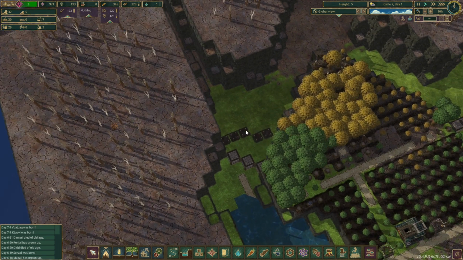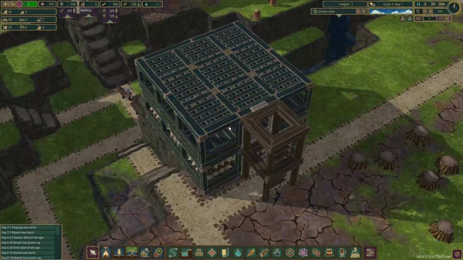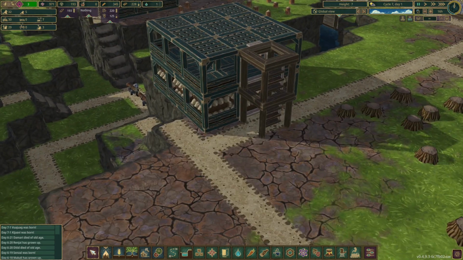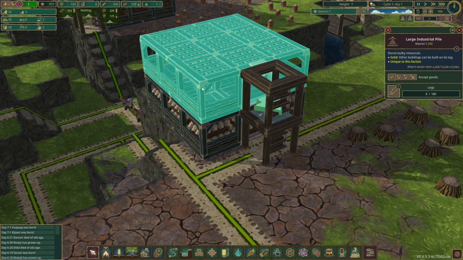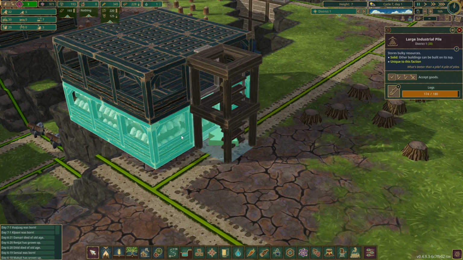And this isn't built over here, and the reason it's not built over here, I'm going to pause the game, is because of this. This doesn't work. Although it says this is connected, it's not connected. The beavers cannot get access to it, and more importantly, when the beavers come out of this industrial pile,